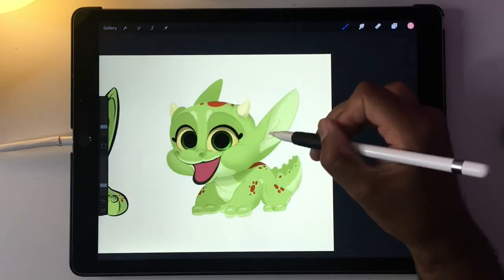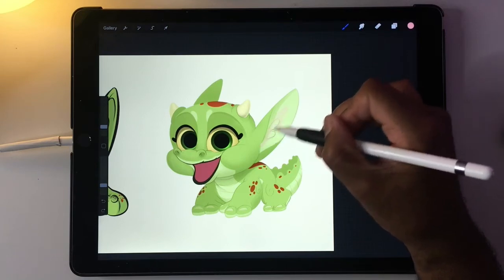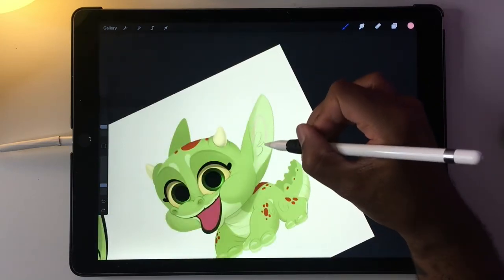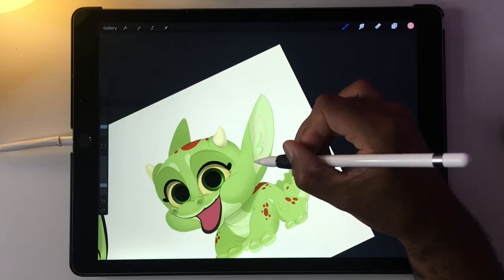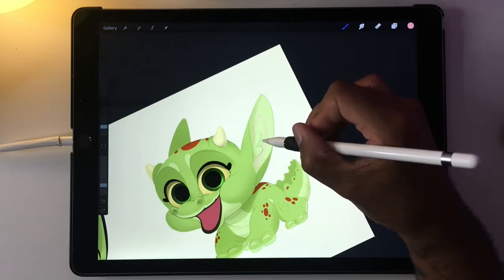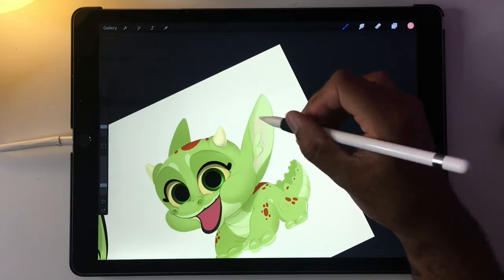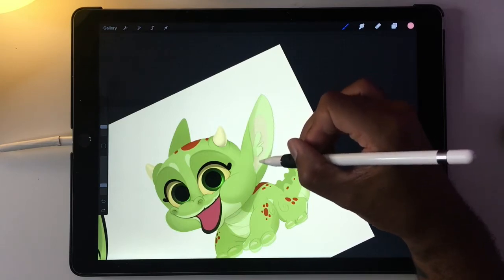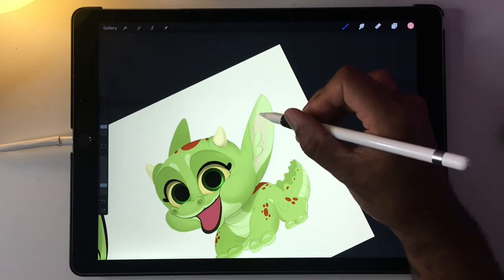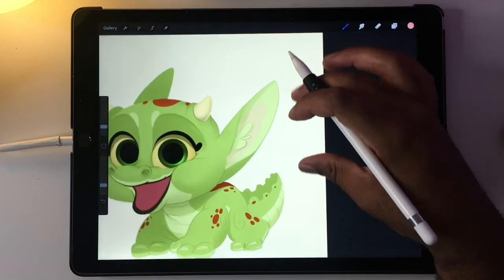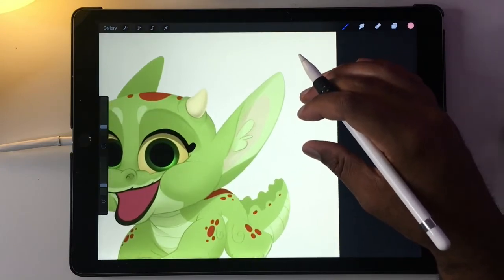If it's a little darker. What if it's here, but then that's not colored in? That's nice, but it would be nicer if it was